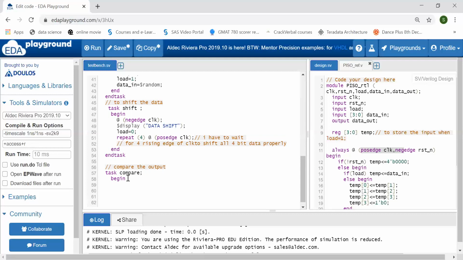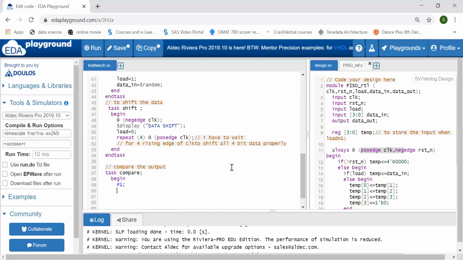Let's call this task at the positive edge of clock. So here I'm not giving @(posedge of clock). I'm simply writing begin $strobe. Okay, let's keep some #1 delay. Then you can use $strobe as well as $display.